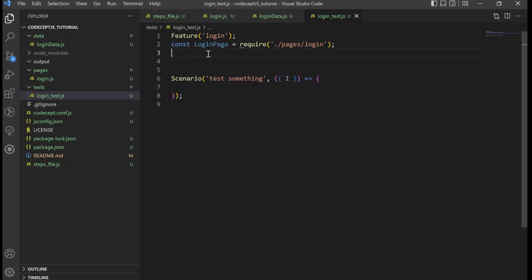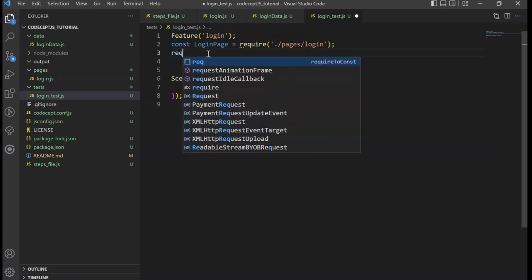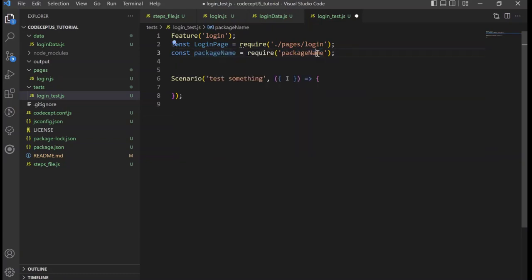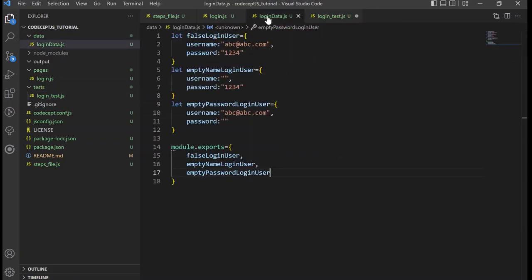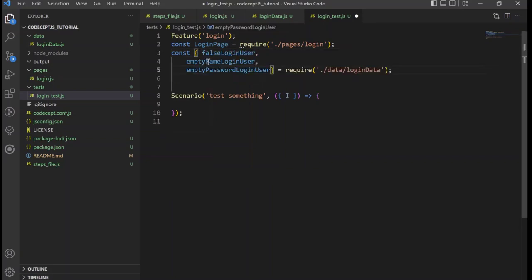And I'm gonna also import our data from under data folder, login data. You're gonna write the same name, but here I'm gonna destructure the objects, so you can copy paste from here whatever you export. You're gonna import where you will use.